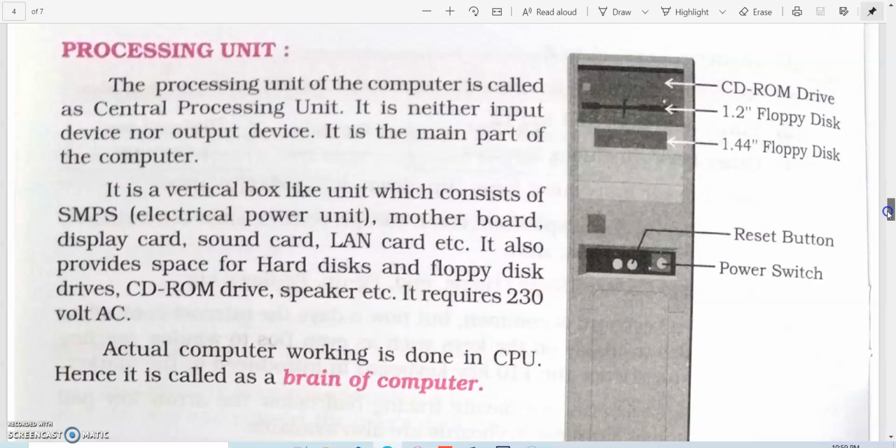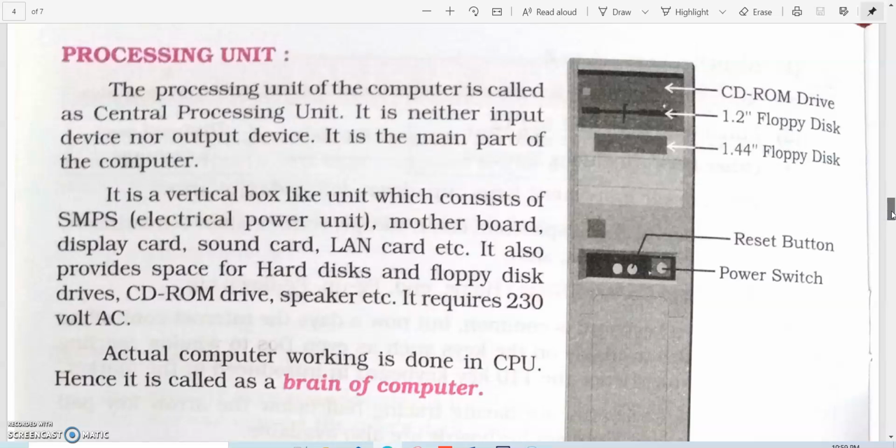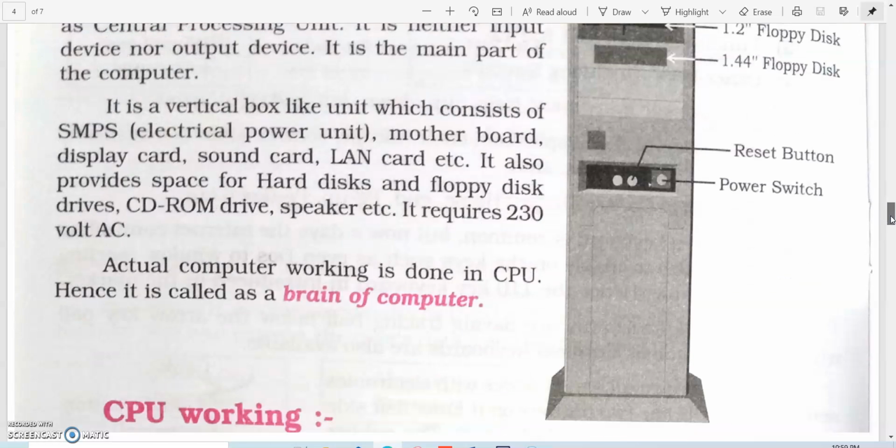Now we will see the processing unit, means CPU, central processing unit, which is used to process our input data, which is inputted by the input devices. It is a very important part of the computer system, means CPU is also known as the brain of computer. CPU is also known as the brain of computer. We can see here,